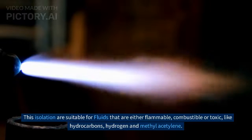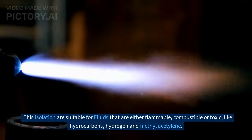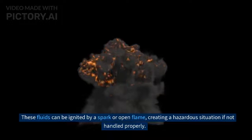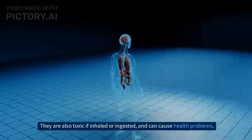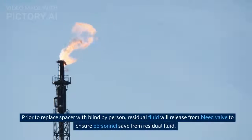This isolation is suitable for fluids that are either flammable, combustible or toxic, like hydrocarbons, hydrogen and methylacetylene. These fluids can be ignited by a spark or open flame, creating a hazardous situation if not handled properly. They are also toxic if inhaled or ingested, and can cause health problems. Prior to replacing the spacer with a blind by a person, residual fluid will be released from the bleed valve